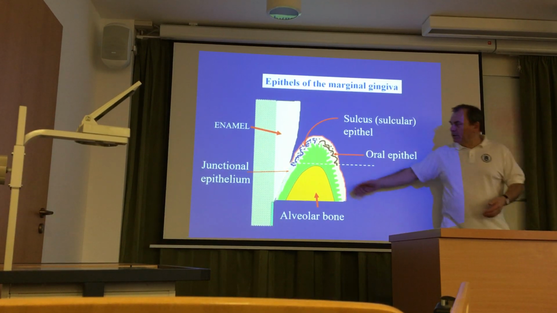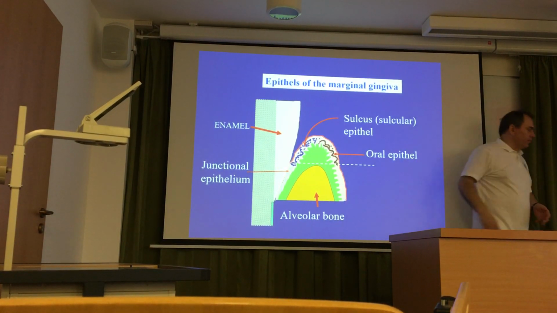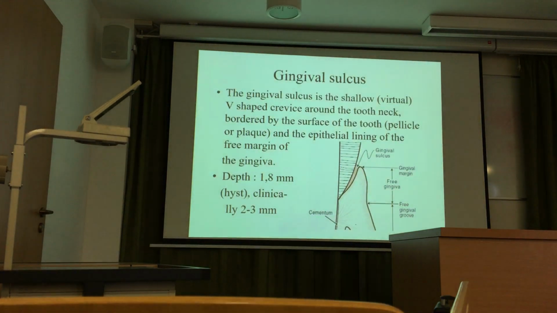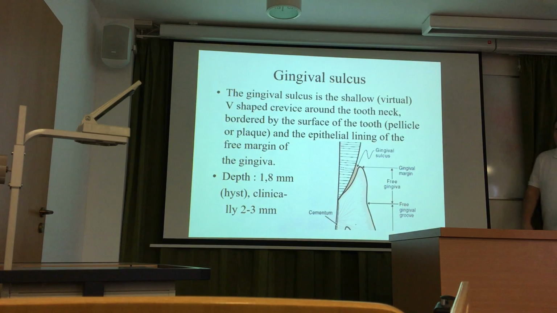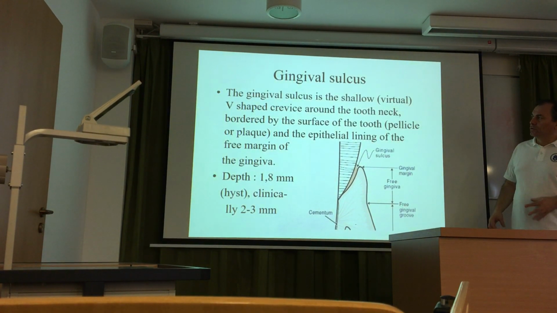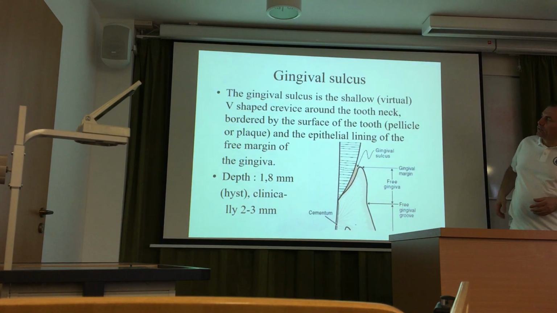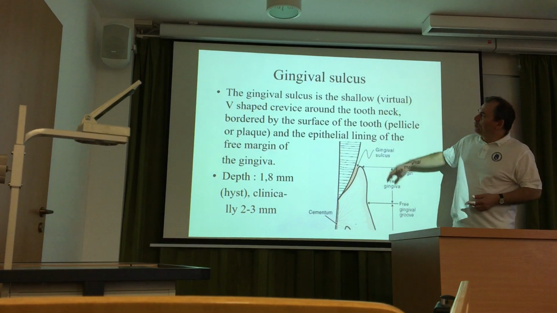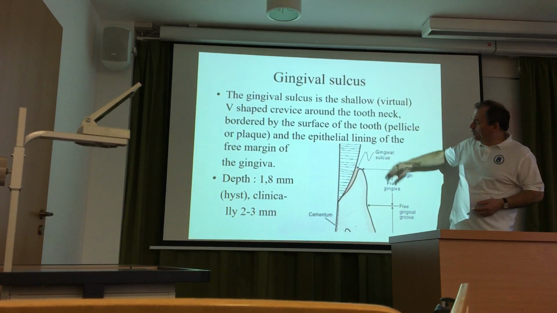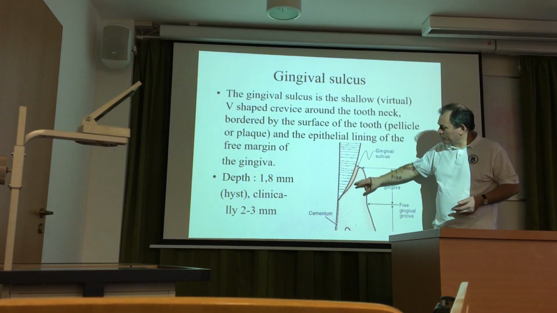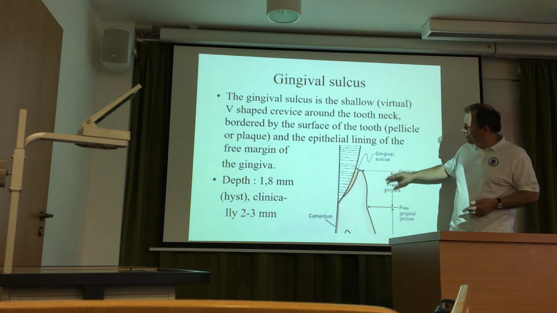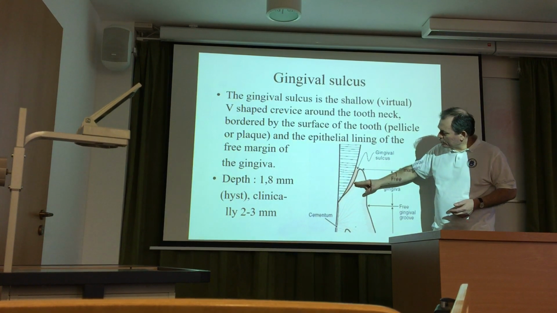But here there are no vessels, only the collagen and the extracellular matrix and cells, but no significant vessel content here, only capillary. And the gingival sulcus, as I mentioned, this is a virtual space between the tooth surface and the sulcus epithelium,